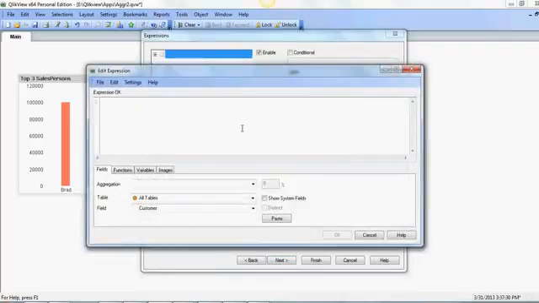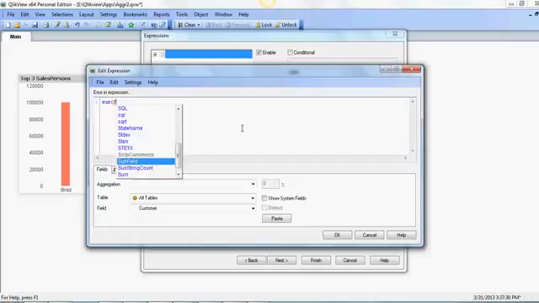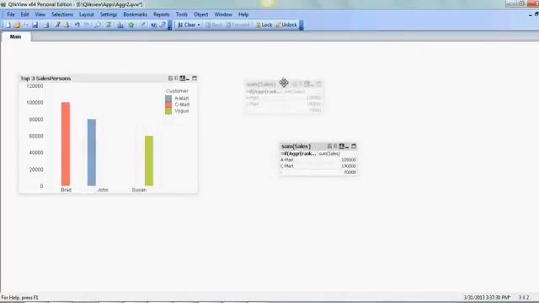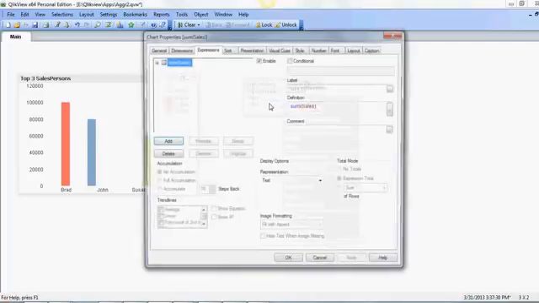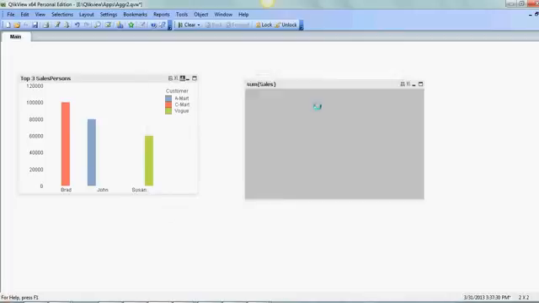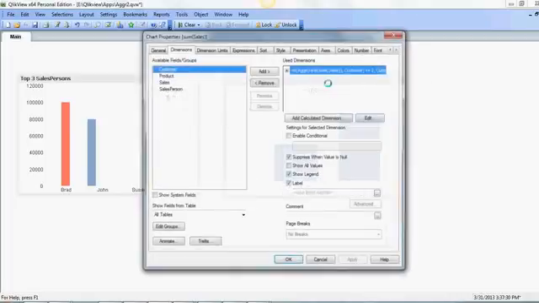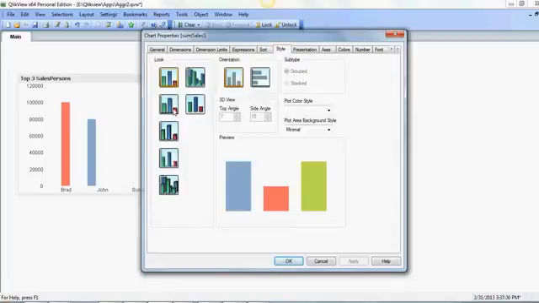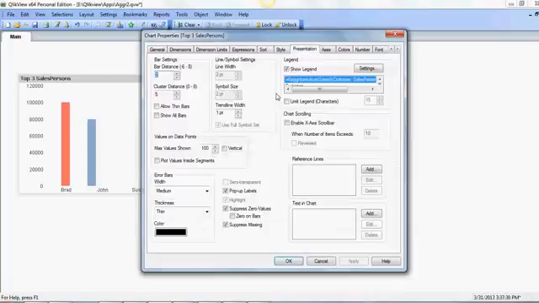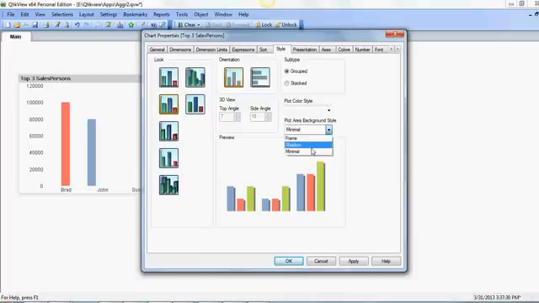And the expression is pretty straightforward. It's going to be just sum of sales. It shows nicely, and again to suppress the null value, we go in and make sure you select suppress when value is null. That's a nice little chart here. You can make it a little better by changing the presentation or the style of each, just personal preference, but